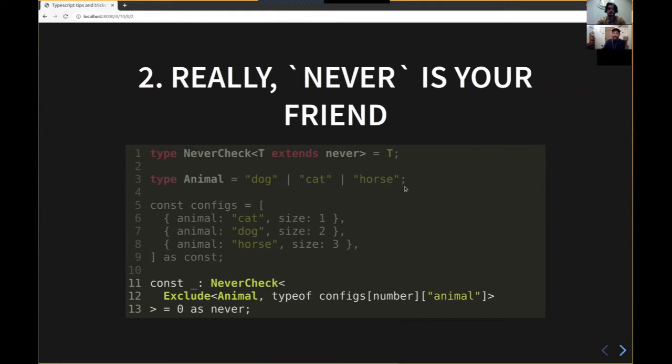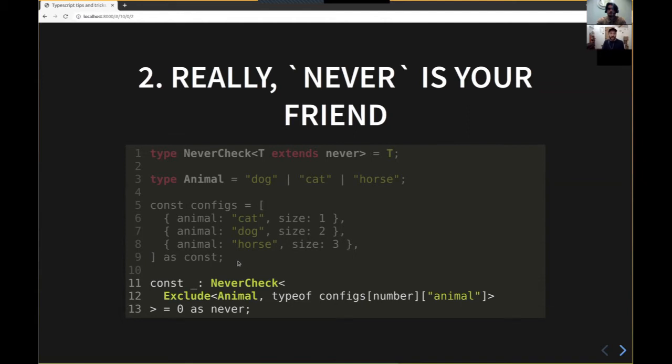If you added a new animal, like a rabbit, to the animal type, then this will no longer type check. And even though the shape of your config doesn't really match what you would often expect in a kind of configuration, if you have something slightly more esoteric going on, and like I say, there are quite a number of examples of this that we've been forced into by using a certain library or something like that in our application, you're still able to check that you are complete in terms of having all the config,